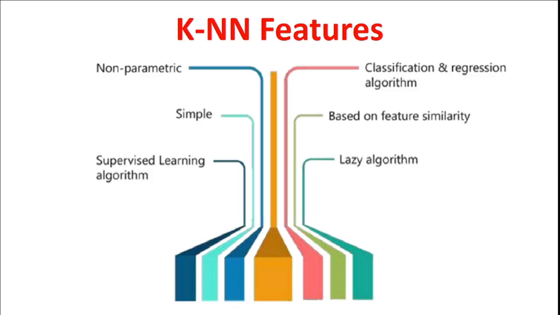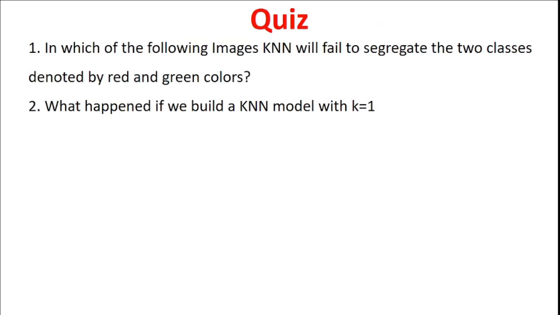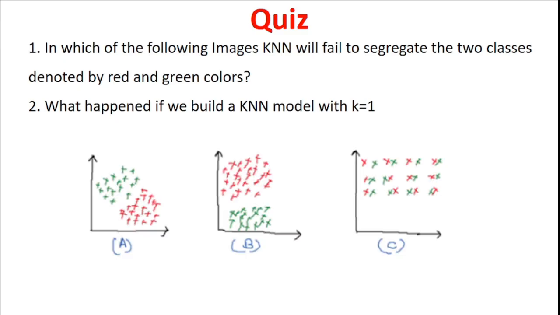If I need to conclude the KNN features, it is non-parametric, simple, and it comes under supervised learning algorithms, and it is used for classification as well as regression, and it works based on feature similarity, and it is a lazy algorithm. And the quiz for you is, in which of the following images, you have three images A,